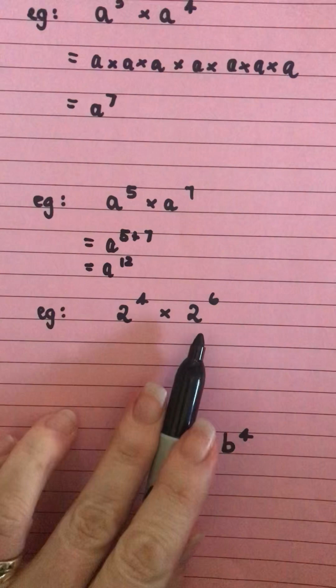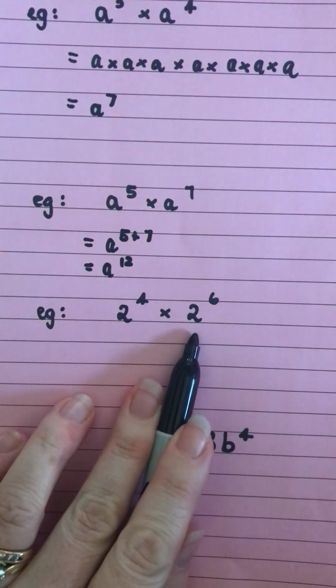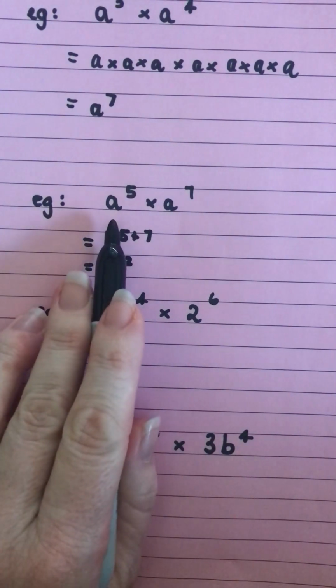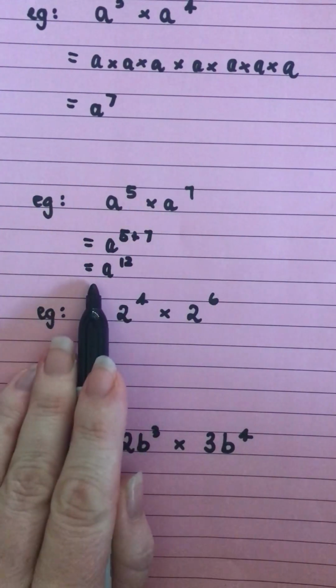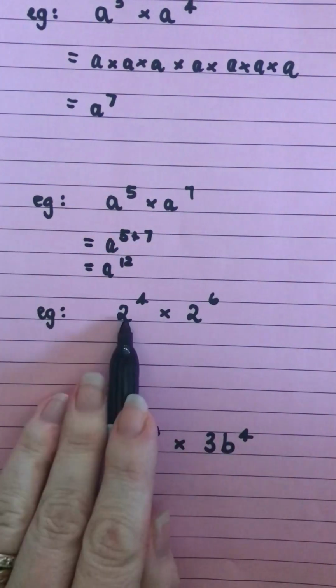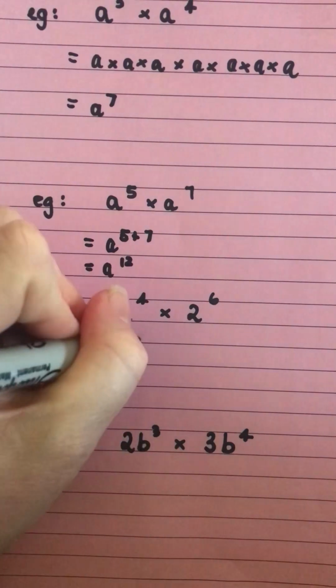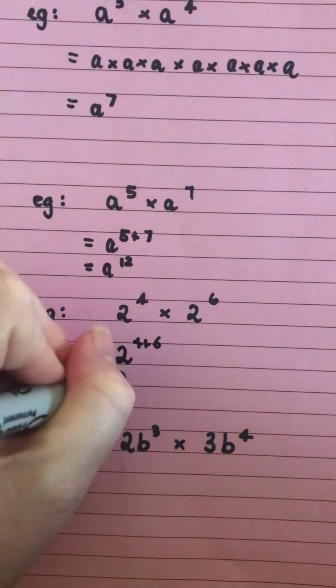It also works if we have the base as a number, and this is where a lot of students will make a big error here and they'll do 2 times 2 is 4. If we look back to our one with our letters, we didn't change our a. A stayed the same, we just added the indices. That's what we're going to do here. So we're going to keep our 2 and we're going to do 4 plus 6, which gives us 2 to